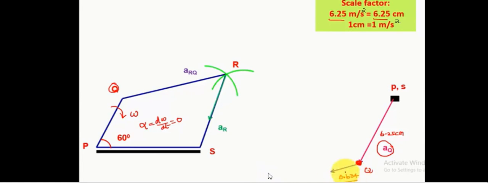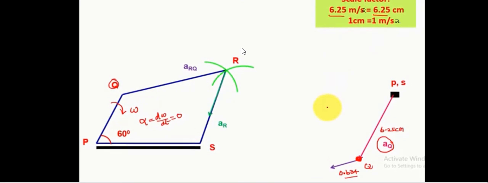That we have already found out as 0.063 meter per second square. So 0.063 meter per second square will be represented by 0.063 centimeter. That means you can take approximately 0.6 centimeter in your line. I know in a ruling scale or roller scale it is difficult to take 0.63, and there will be a tangential component perpendicular to this radial component. But we don't know yet where the tangential component is, or how much the tangential component is.